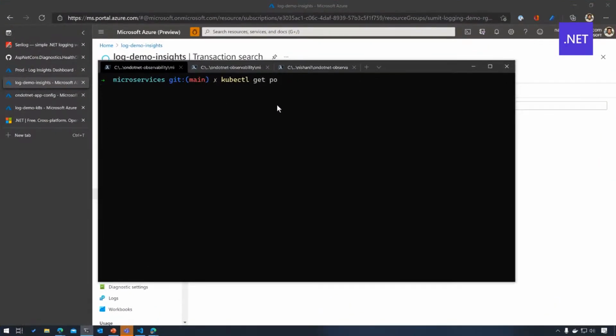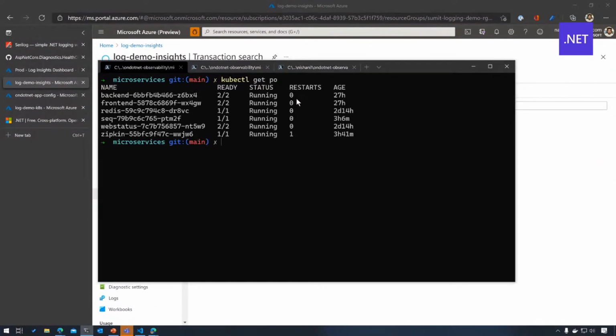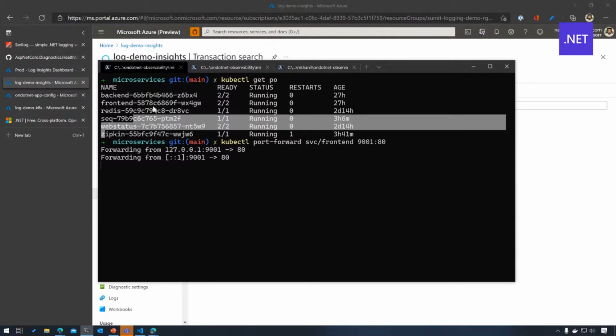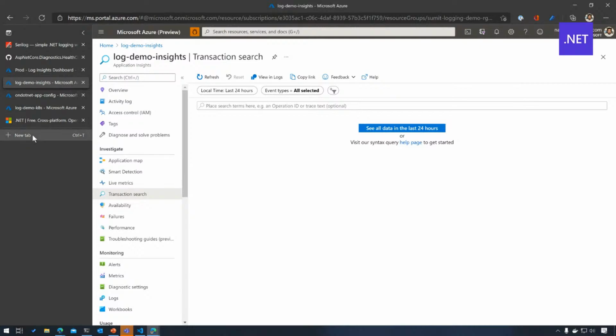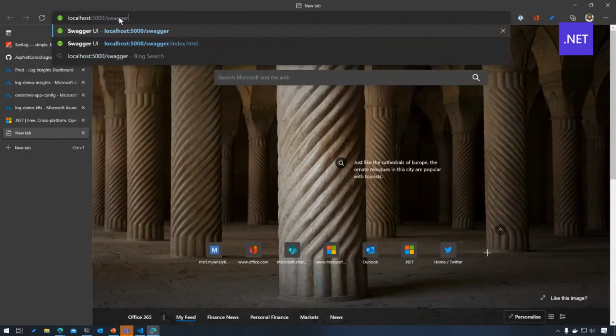So you're running a local Kubernetes cluster? No, this is running in AKS right now. AKS, got it. It's configured to my AKS. So let's port forward this so that we can get to the front end on 9001, and I'm port forwarding to 80. You can see that all of these web, SEQ, Redis, and all those things are there. But let's go into localhost